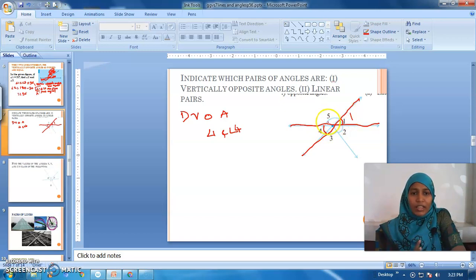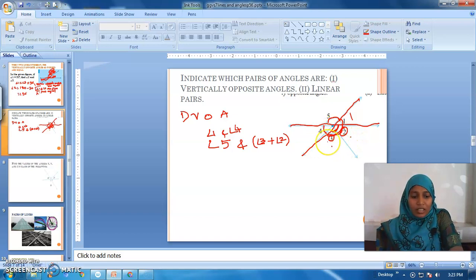So, what about angle 3, angle 5? What is the vertically opposite of angle 5? This full angle. So, what is the full angle measurement? I have to combine angle 3 and angle 2. So, you will write angle 5 and angle 3 plus angle 2. Is it clear, children? Only if I combine these two angles, that is opposite to angle 5. You should not mention only 3 or only 2. You will make this error.